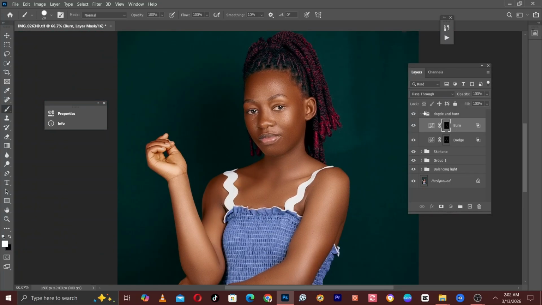Or you can just come to the opacity and lower the opacity up to where it's looking good, around 80. You can see the before and then after. So after that,